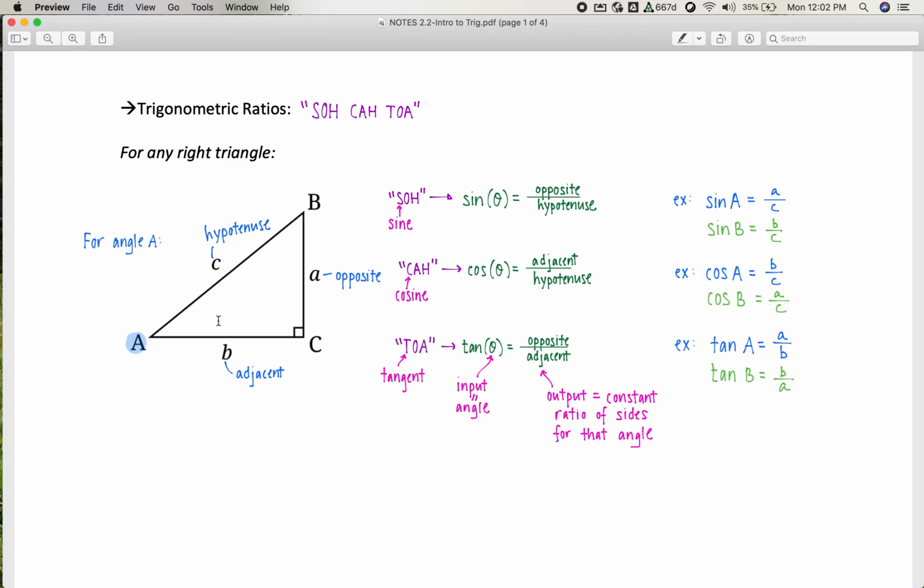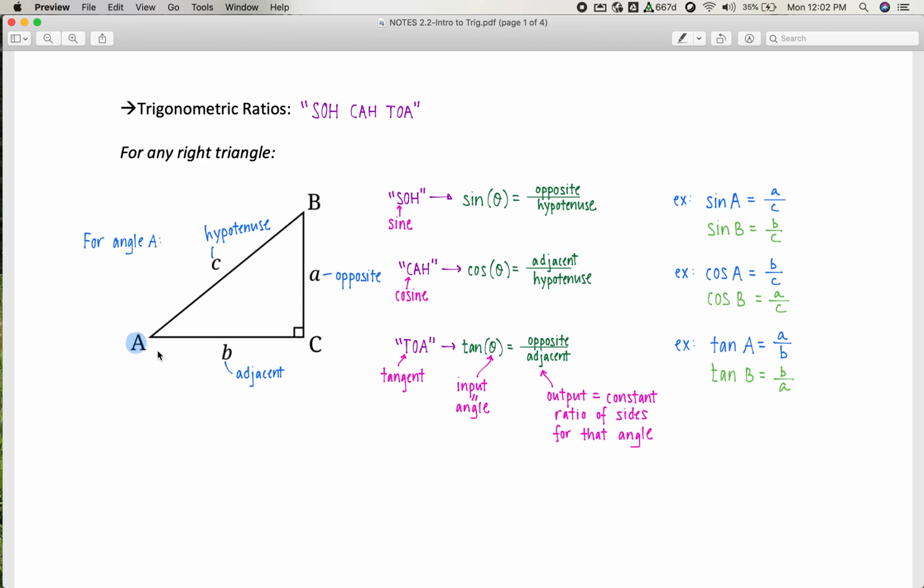Adjacent means next to, and you might wonder, well, aren't these both next to angle A? Well, they really are, but the hypotenuse we already know is always the longest side of the triangle. So by default, C here is the hypotenuse. It's across from the right angle, which then makes B be the only remaining side, which is therefore the adjacent. So opposite is across, hypotenuse is always across from the right angle, and adjacent is basically your leftover side that happens to be right next to your angle that you're